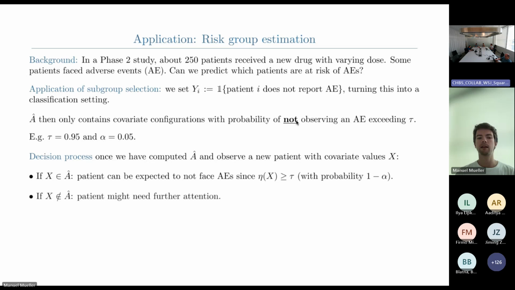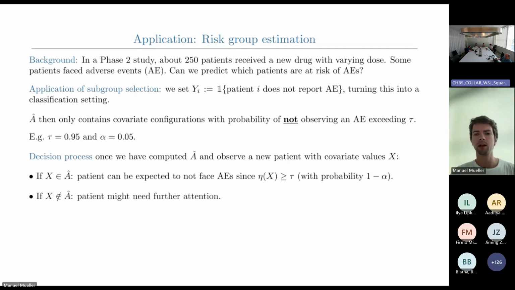If on the other side, X falls outside of your subset, then you essentially don't know anything about them. We don't provide any estimates for either. We only tell you whether eta is above tau or whether we don't know if it's above tau or not.